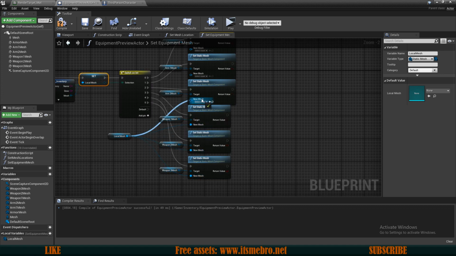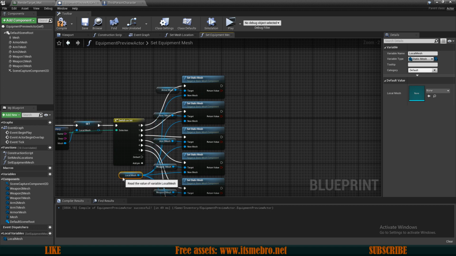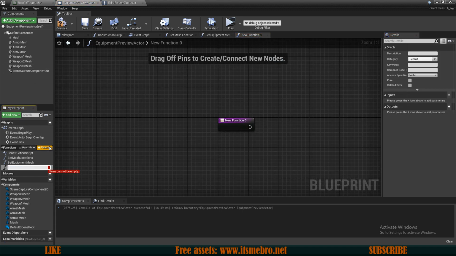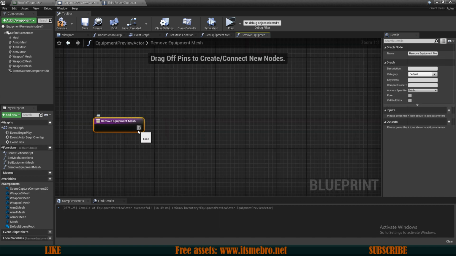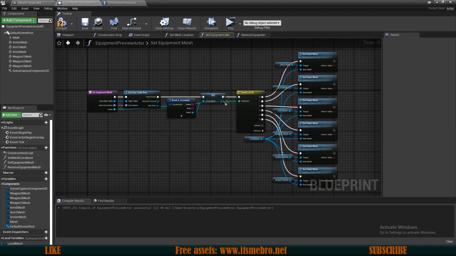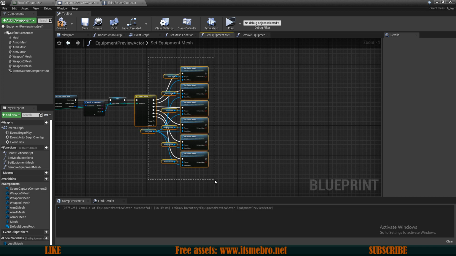So let's connect those. There we go. So now we have set up our set equipment mesh function. So now we are only left with one, which you might already know the name. This is going to be the remove equipment mesh, and this is simply going to reset the mesh back to 0. And what we can simply do is from set equipment mesh, we can copy the last part, this one